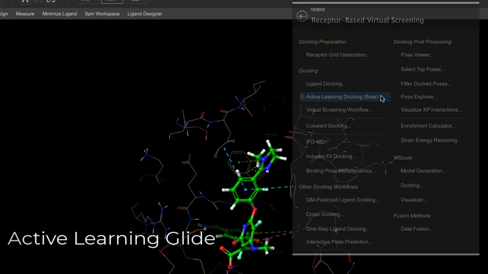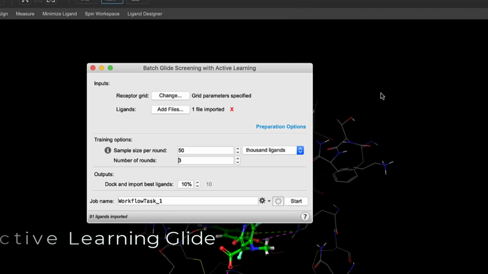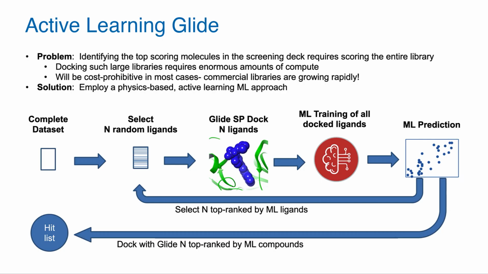In 2020-4, we see the beta release of the Active Learning Glide docking panel. Active Learning Glide is designed to dock ultra-large libraries of billions of compounds using a combination of machine learning and Glide ligand docking, where instead of screening the entire library with high-precision docking, which would be too costly both in time and money, Active Learning Glide incorporates active learning to train AutoQSAR DeepChem models and enrich the number of ligands